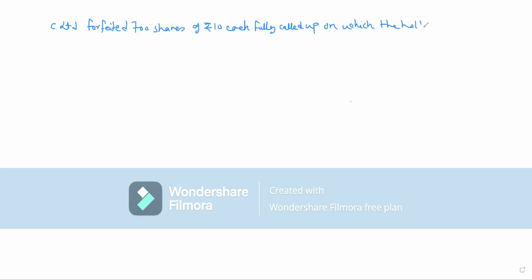So what does the sum say? The sum says, C Limited forfeited 700 shares of rupees 10 each, fully called up, on which the holder has paid application money of rupees 3